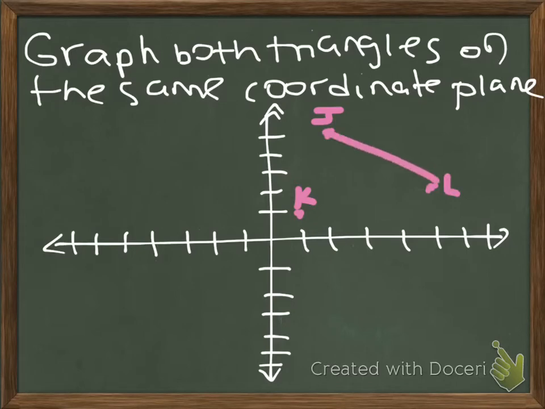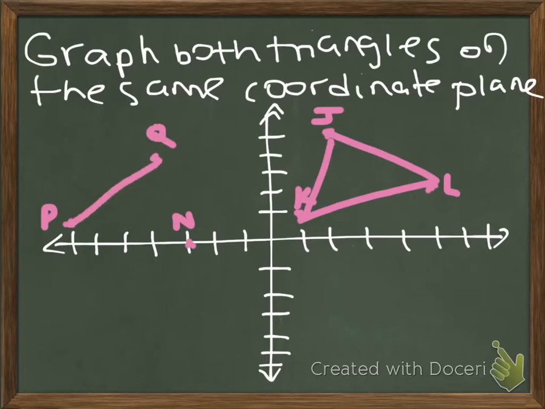And I can draw the lines here. And then my other triangle: negative 3, 0 for N, negative 7, 1 for P, and negative 4, 4 for Q. And that will be my other